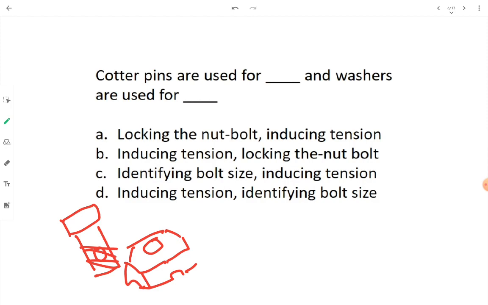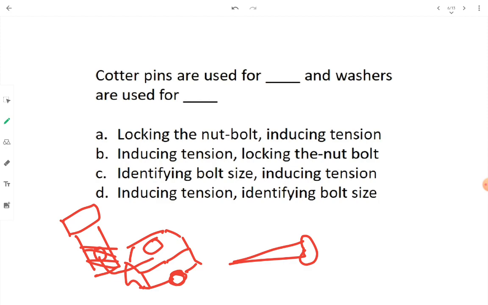Okay, now what we will do, we will fit this nut onto this bolt, and then we will be having this kind of pin over there. This is called as what? Quarter pin. And since you might have understood till now that a quarter pin is used to lock the nut and bolt, once the nut goes inside the bolt, then we will insert this quarter pin in the hole, accommodating this specific groove made in the nut over here. Okay, its sole purpose is to lock the nut bolt assembly.